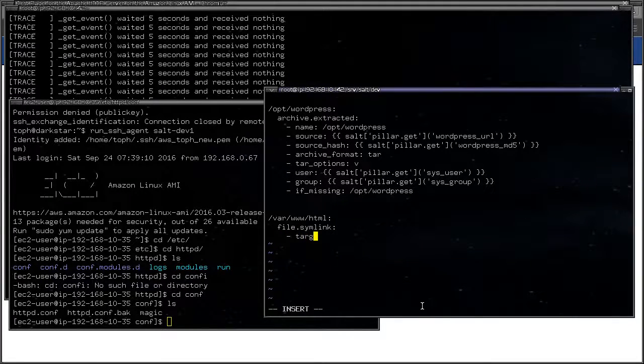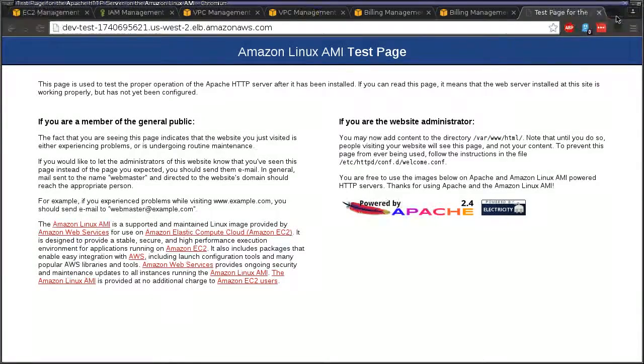We'll do target is, name is, actually don't even need that. Target, this is going to be opt WordPress /WordPress. I believe that's the right syntax for that, but I'm not 100%, so let's take a